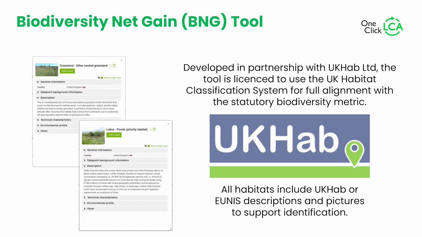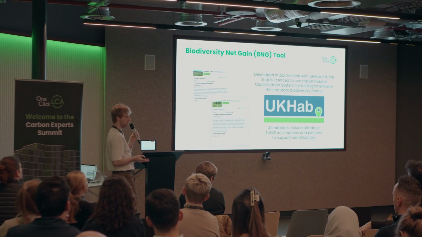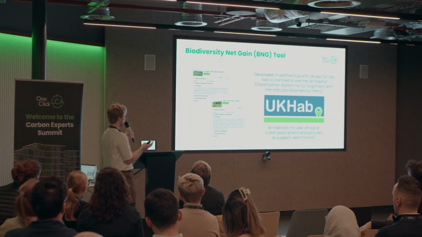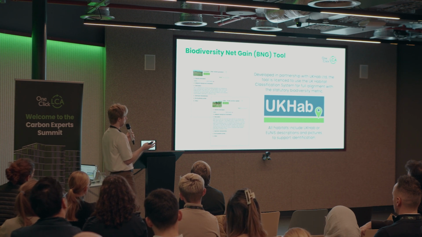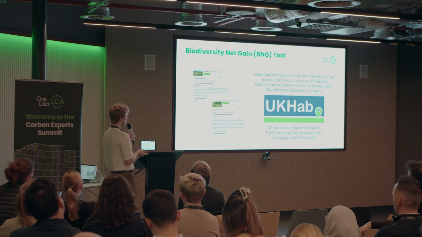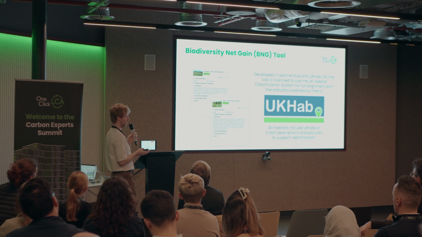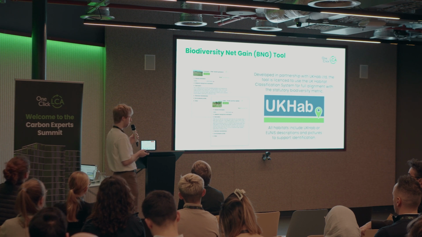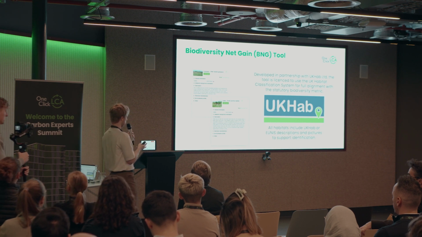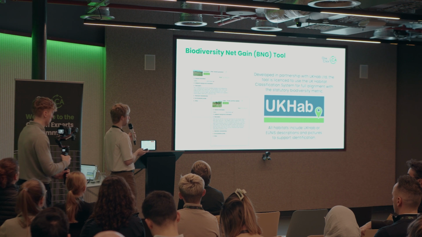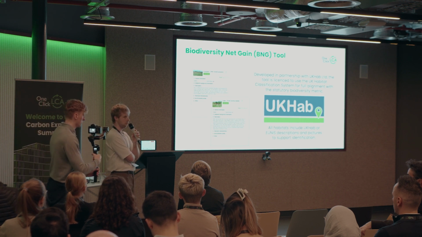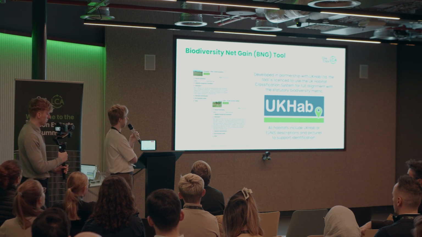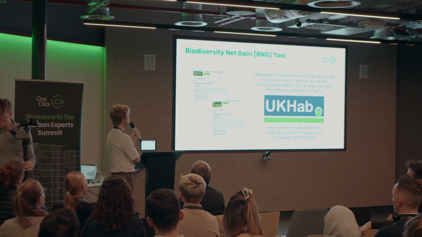This is an example on the left of what a data card, for anyone familiar with One Click LCA, will look like. You have a habitat, and we have a description of the habitat, which is directly from UK Hab. In some cases, there's a description from EUNIS, which is the European Environment Agency. And then we've also got pictures for all of them. This is our first approach to supporting people who are not familiar with Biodiversity Net Gain and getting them comfortable, because